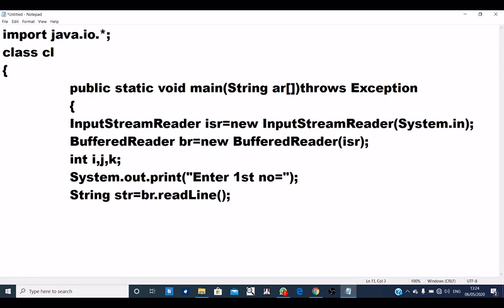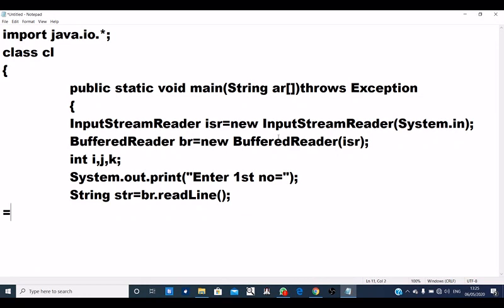Okay, now if you take input as a string here, suppose you take input 10, this 10 will be stored in str, and str is of string type, so this 10 will be treated as a string, but you have to convert this string 10 into numeric 10. So how will you convert this string into an integer?